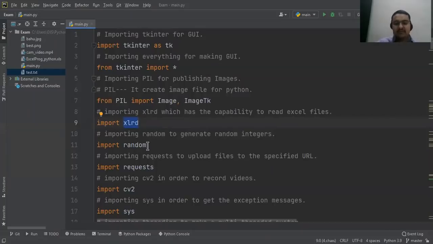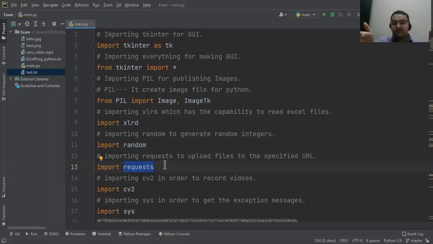As I said, we wanted to generate random questions, and that is why I have imported the random library. Now, here's something amazing: the requests library is specifically meant to upload the exam transcript and the recorded exam video to a specified URL, a specific website.